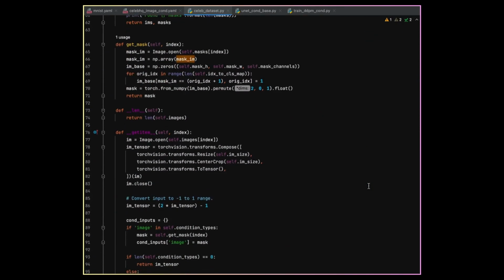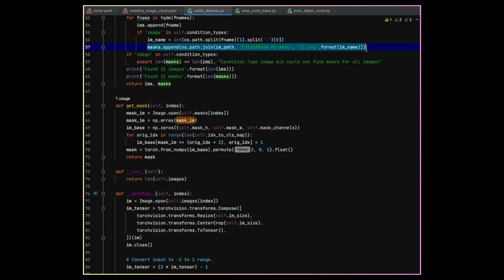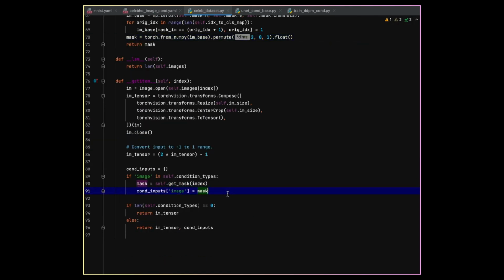Our get item will now get the image tensor and create the conv_input for each item, just like we saw for MNIST. And its value will be the mask tensor. The mask annotations that we get from here is actually a single channel image, with each pixel indicating the class of that pixel. Then this get_mask method takes that annotation mask and converts it into an image of dimension number of classes cross height cross width. For each kth class, we'll get the pixels having k value in the annotation, and those pixels of the kth channel of this image will be marked as 1. So the mask in conv_input that the dataset returns for this case will be 512 cross 512 image